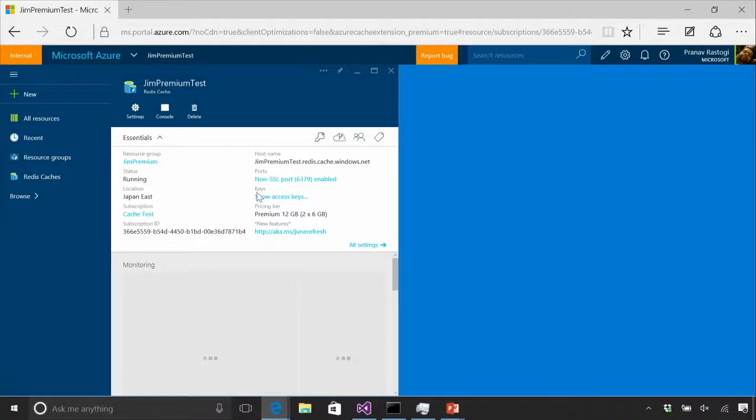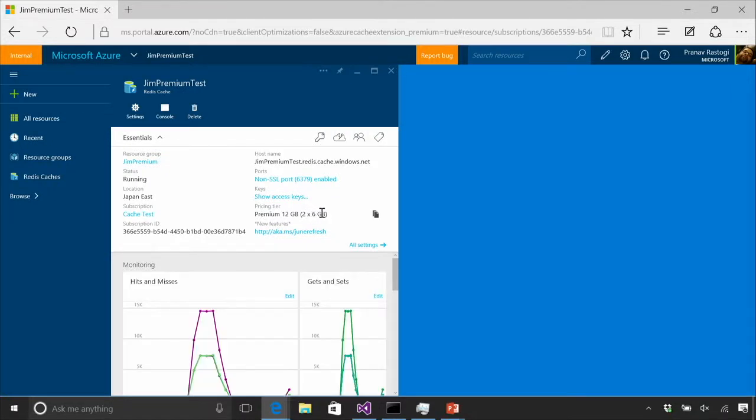Let me load that cache up. So this is a cache which I've created of 2 shards, and it has 6 GB. Each shard can have 6 GB, so the total cache size is about 12 GB. And then I can